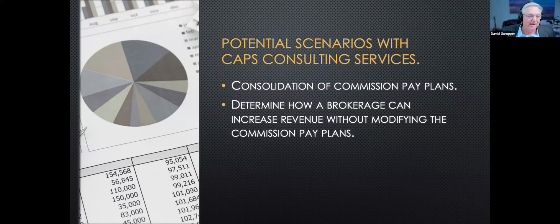In your inventory today, you can understand, well, if I did this, if I took another 2% for a marketing fee on my agents, how is that going to increase my revenue at the end of the day? And you can also see how that would work if I'm using different splits for list and sell side deals, or in-house and out-of-house deals, right? You have the capability to do that analysis, or we have the capability of doing that analysis for you